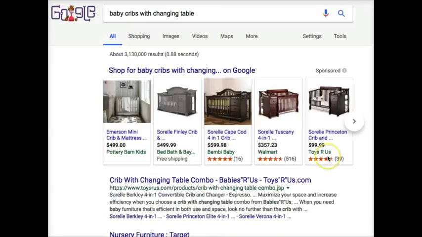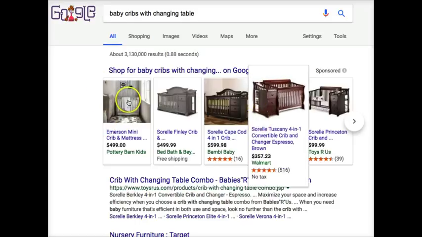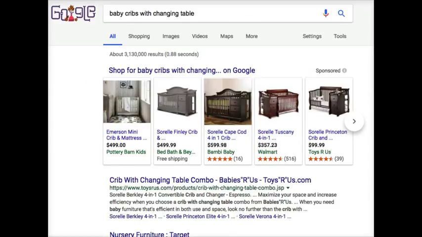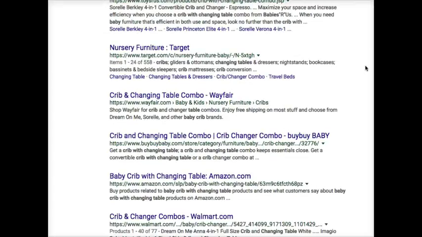And so if you ever wonder, when you're looking on the internet, maybe we start here with searching for baby cribs, and then maybe we go to Facebook or something, and on Facebook all of a sudden we see a baby crib that we've been looking at. And you think, whoa, how did they know, right? Well, they do. They know what you're looking at because Facebook buys that data from Google saying that you've been searching for this, and so together they show you advertisements based on your search activity. And so that's how that search works.